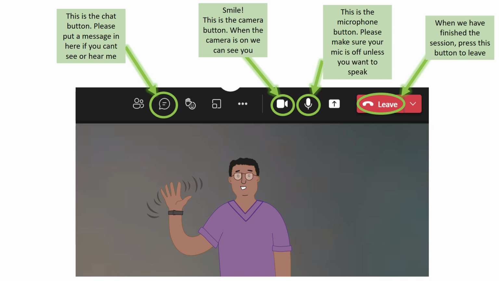So if my Teams goes down and you can't see or hear me anymore, please wait 5 minutes whilst I try to get back in. And if your Teams goes down, please log off, log back in, and this should sort the problem out. But if the connection is lost completely for either of us and we can't get back on, just drop me an email and we can talk about it in your next phone call.